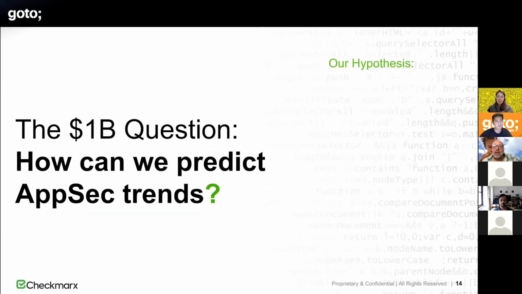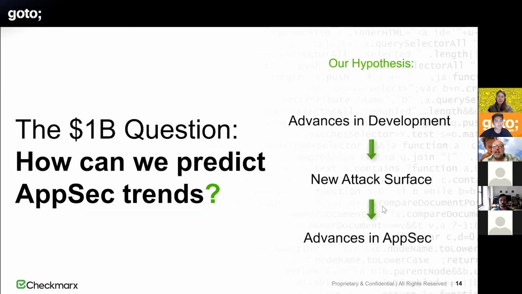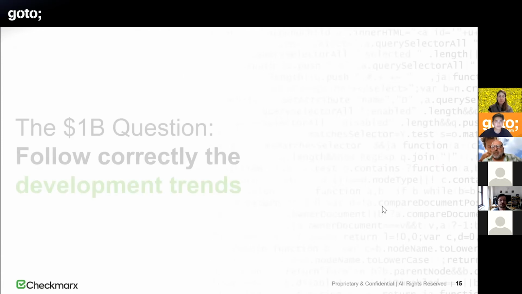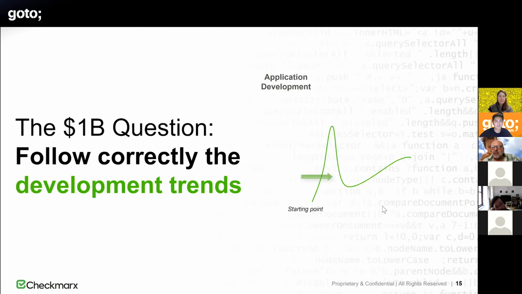So our hypothesis is saying that advances in development create new attack surface, which in turn creates advances in AppSec. And this means that things that happen in application development start here, and then they lead to new themes in application security. For example,